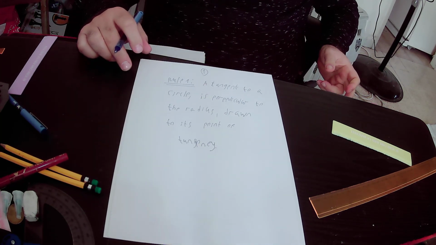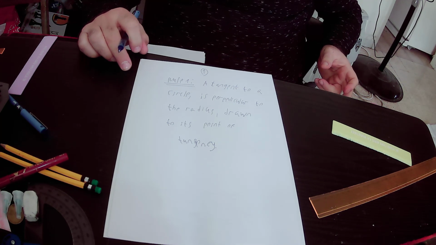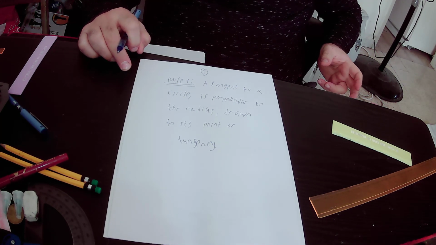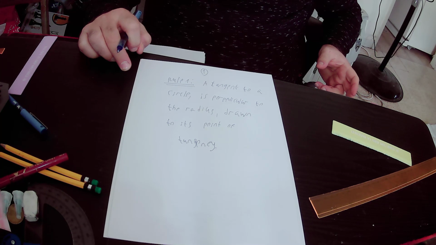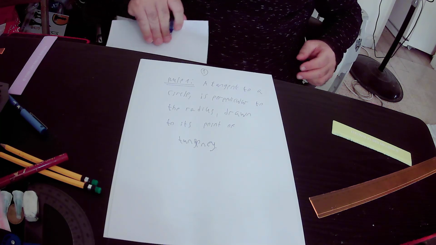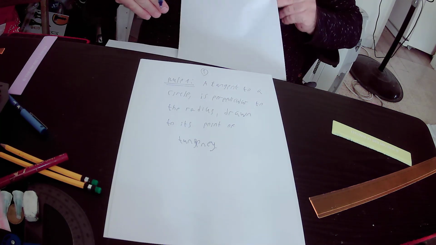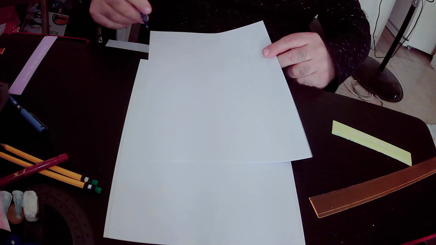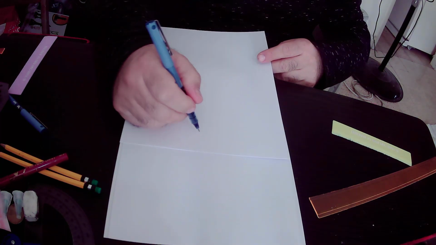Rule number 1 states that a tangent to a circle is perpendicular to the radius drawn to its point of tangency. So actually the meaning of rule number 1 is that if you have a circle